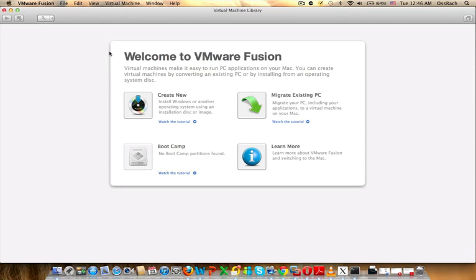Whatever you feel comfortable with, pretty much the process is the same, just the menu and the steps you have to go through are a little bit different from one software to another. As you can see, my VMware is installed on a Mac. This is operating system 10.7.3, and right now we're gonna go ahead and start our first steps of installing a